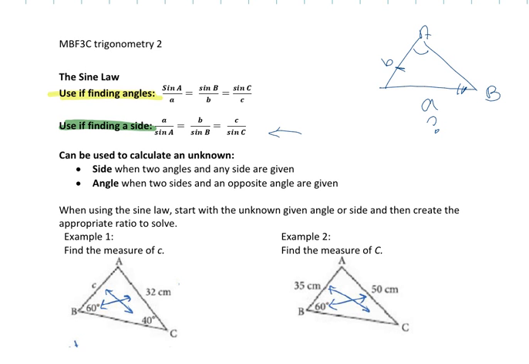Okay? Which ones do I know? What do I know? I know angle B and side B, right? So basically, I know angle B and I know side B. I know angle A, so I know this, right? And what am I looking for? I'm looking for A. So in this case, if I take these two,